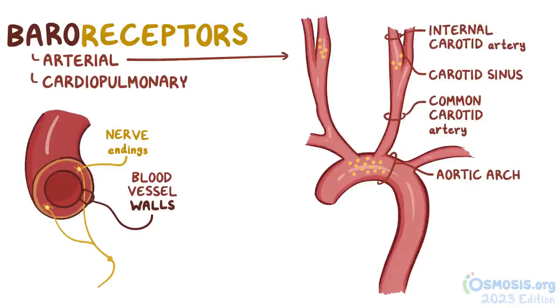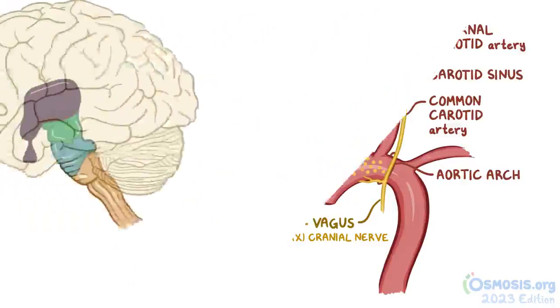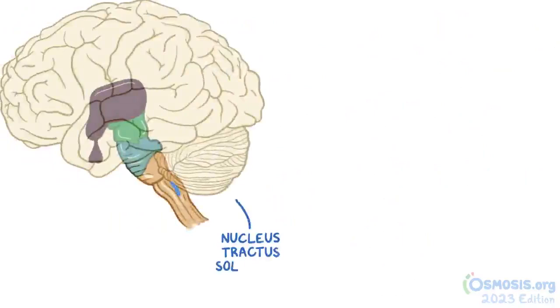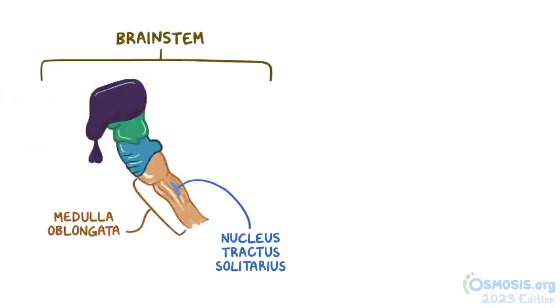In the aortic arch, these nerve endings join up to form the vagus, or 10th cranial nerve, and in the carotid sinus they form the glossopharyngeal, or 9th cranial nerve. Both of these cranial nerves travel up towards the brainstem, carrying information about the stretch they sense in the arteries. These guys synapse at the nucleus tractus solitarius, in the medulla oblongata of the brainstem, which then relays the information